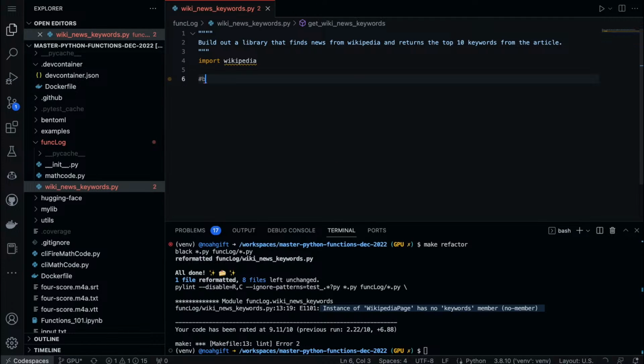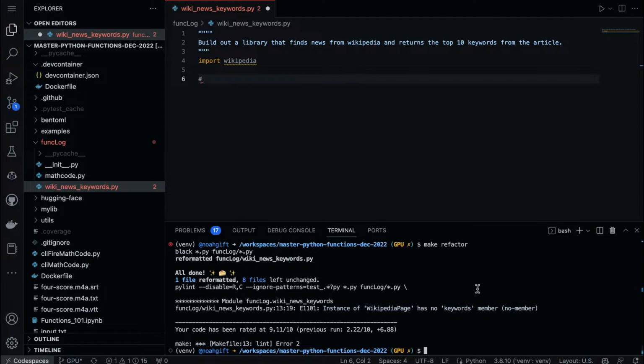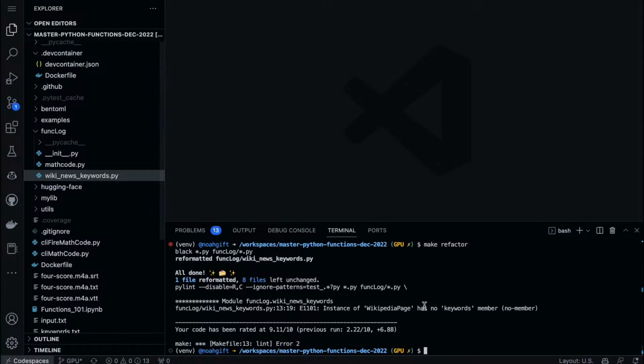So we can say build a... what I don't know actually is, does Wikipedia have an issue or not? Now, it is looking like this environment, something's acting a little bit strange here. So one of the things I'm going to do real quick is just reboot this. This is a good thing to know about if you ever have issues inside of your environment: you can always just close it.